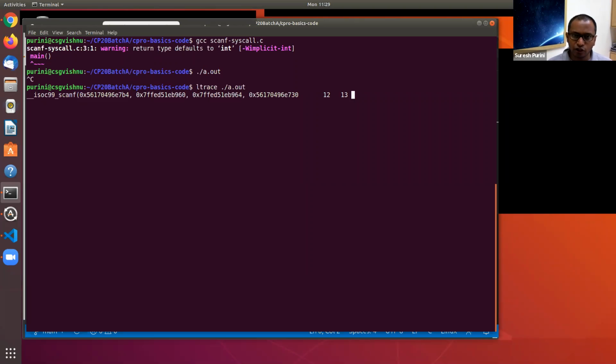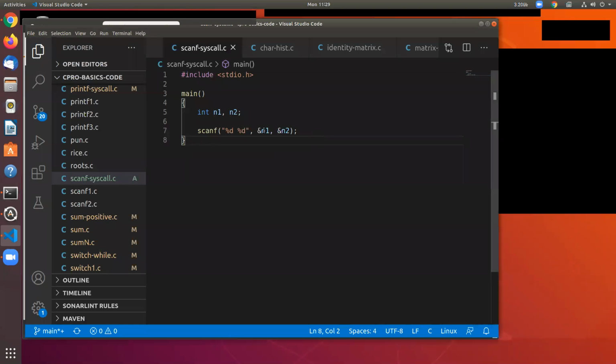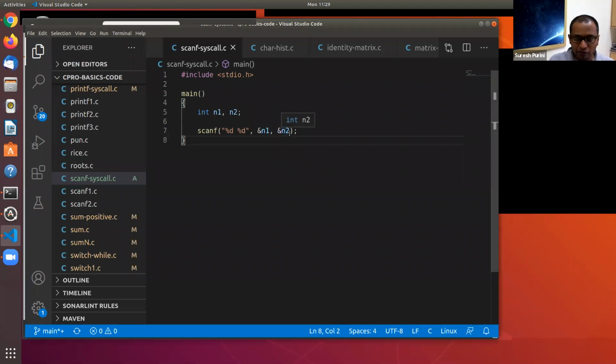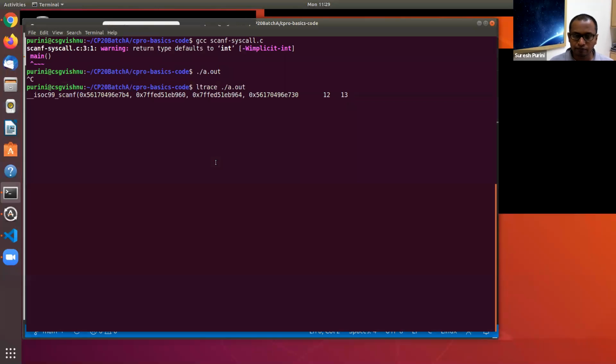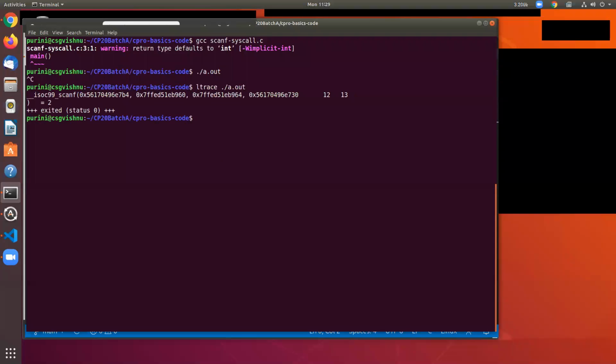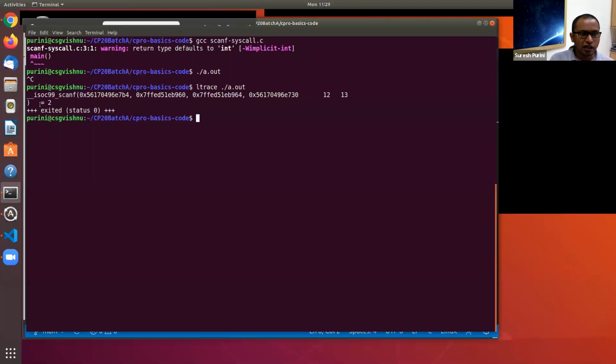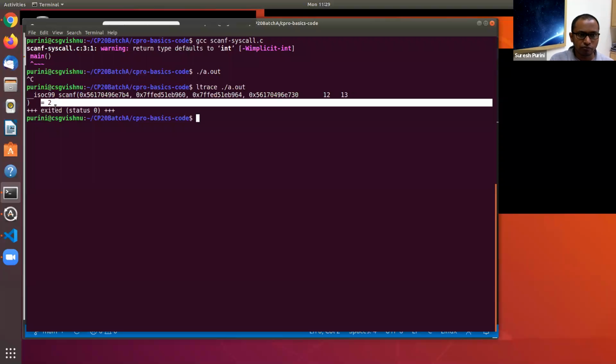What will happen? 12 will be stored in variable n1, 13 will be stored in variable n2, and scanf will return 2 because it is able to successfully read two input values. Does it make sense? So that's what happens. You can see here it is returning 2 because it is able to read two values.